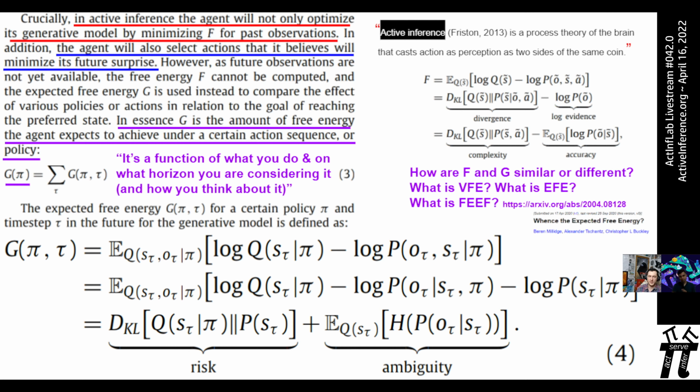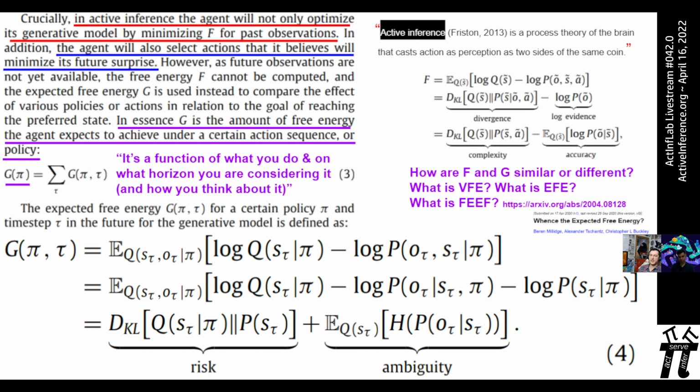So wouldn't it be simple if we could just infer how the map looked in the past and then make decisions based upon how the map looked in the past? But that opens up to all these basically failures of function in changing environments. G in formalism 3 is a sum over a given time horizon t. So the expected free energy G of pi and t, policy and time, for a given certain policy pi and time step t in the future is defined as, and this is going to be another set of formalisms,